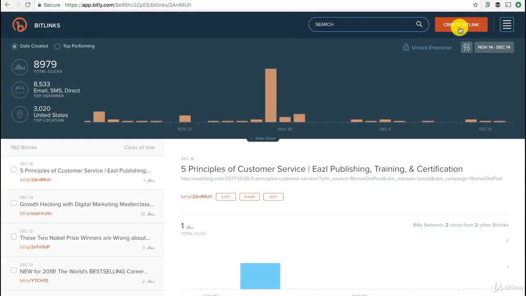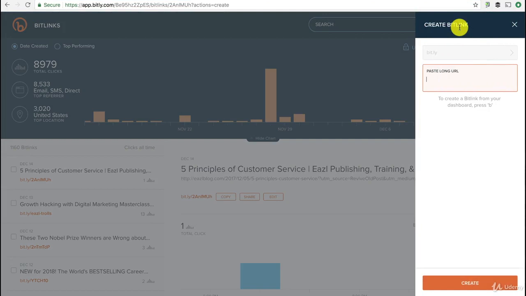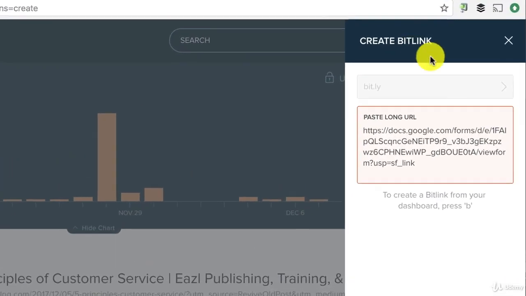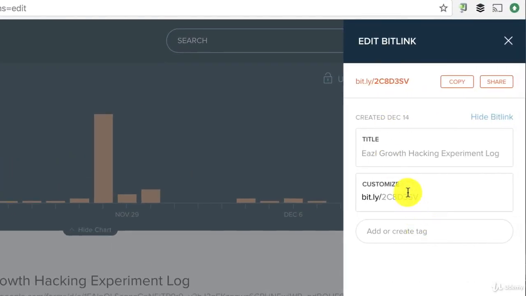All right, so now we're here at Bitly. This is a tool that you learn here in the course, which is basically a link shortener. And the thing that I like about this is if you go in here and then you put in your form, you can customize the link. So for example, you could say, you know, easel exp, right? That's probably a link that's not taken yet. And then if we save that, then I can remember that anytime I have an experiment idea, I just go to